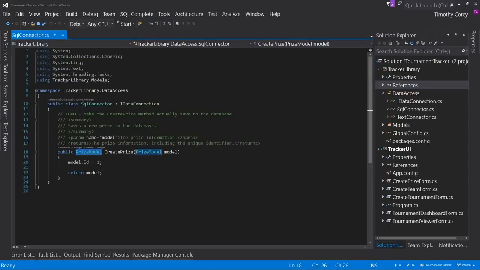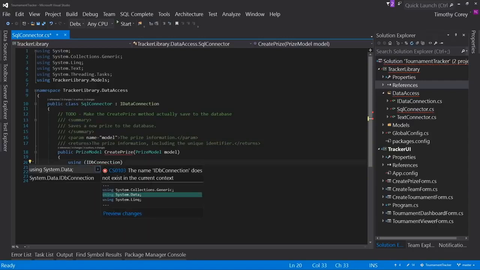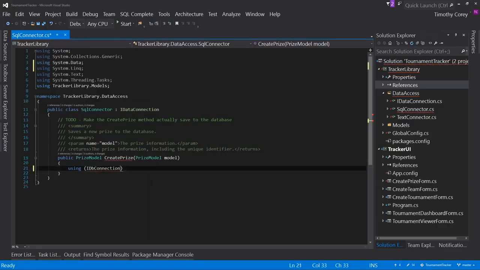Now back here again. So I've done a couple of setup things. Now I need to actually put some kind of code in here that does something. So let's get rid of our sample code. I'm going to add a using statement. Using, and then the open parens, IDB connection. And that's not in the using statement list, therefore I do control dot using system.data